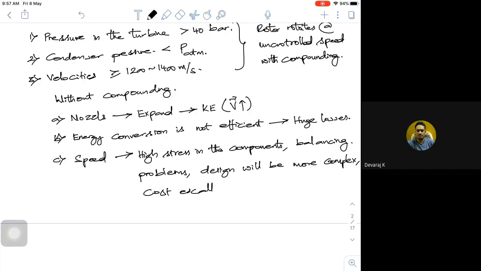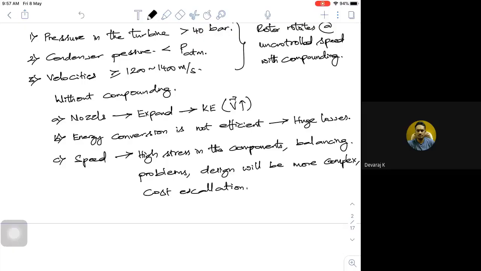So if a steam turbine which was supposed to cost me around 30 crores, so I am putting a 500 megawatt plant, 30 crores. So if the cost escalates to 50 crores, so 20 crores I have to pay another 60% because, since it's doing the work, but I'm paying more actually. So the design also is complex. The components used also maybe costly, and we do have balancing. All these things lead to what is called compounding.